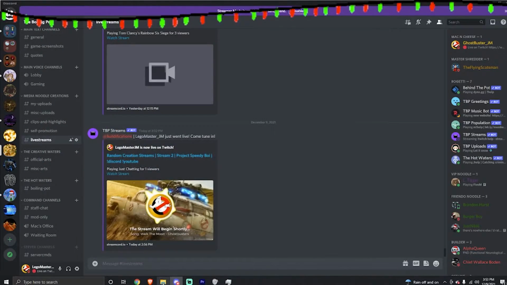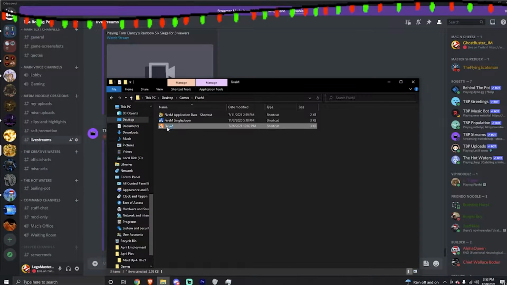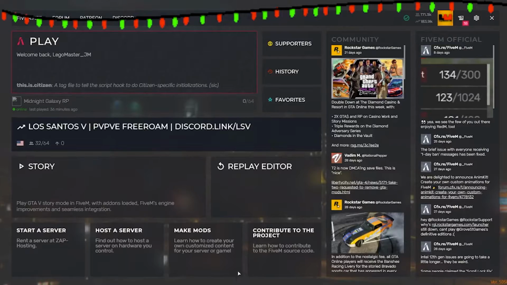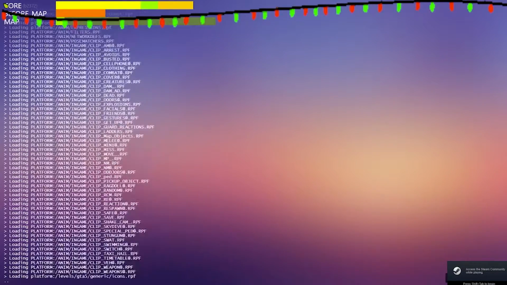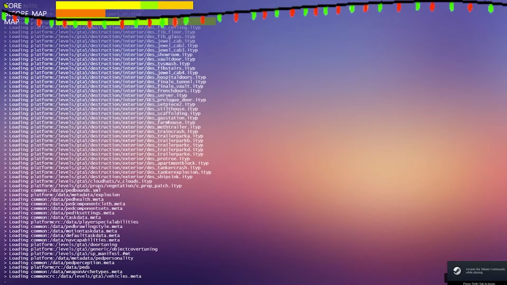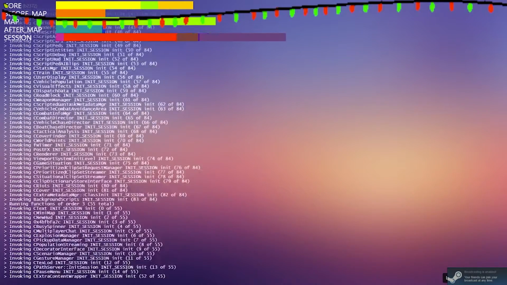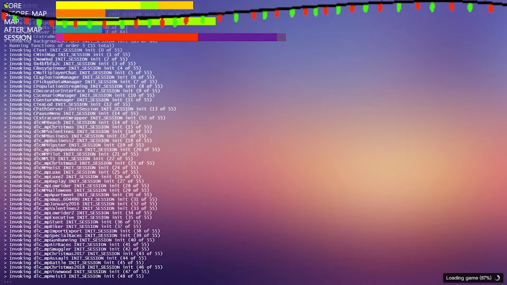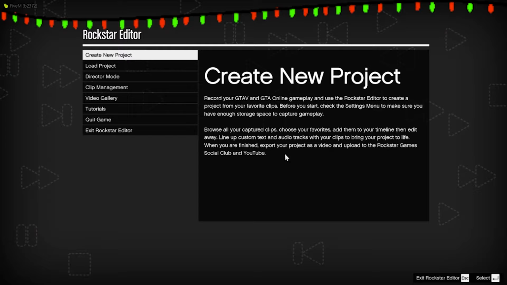Let's see if we can use maybe the one at the pier, maybe? We'll see. Usually when it has that downloading asset thing, it's not a good thing, because that will mean trouble for Rockstar Editor. It means that it's trying to load a custom MLO, or rather a custom asset of some sort, that's conflicting a little bit with it. So, we'll see.